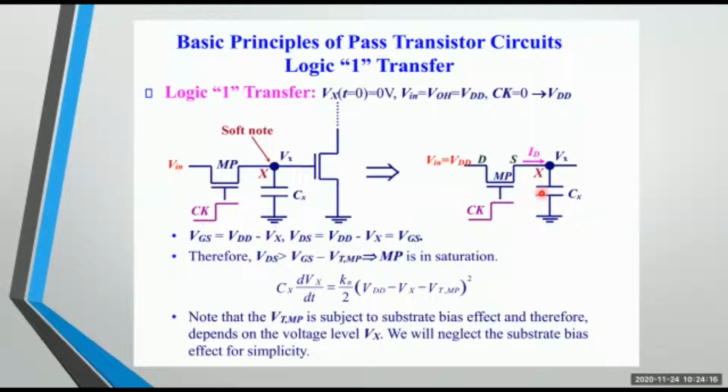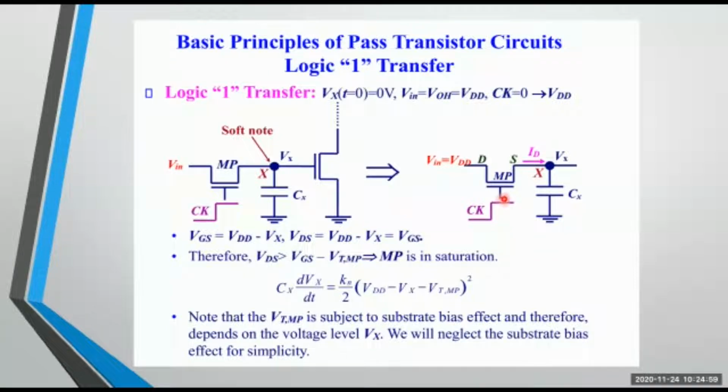So now let me consider this case. If VDD is over here, and now clock equal to 1. Whenever the clock equal to 1, definitely the channel has been created, and this VDD goes to the output. Depending upon that, the current will be there. That current is nothing else but drain current, where, as I explained in the previous lectures, you're talking about the movement of electrons. If the electrons are moving, the current is being produced. So current will be produced at the drain, and now you will be having some output at X, and that has been stored here. So VGS is equal to VDD minus Vx. What is this VGS? It is the voltage between gate and source terminal.